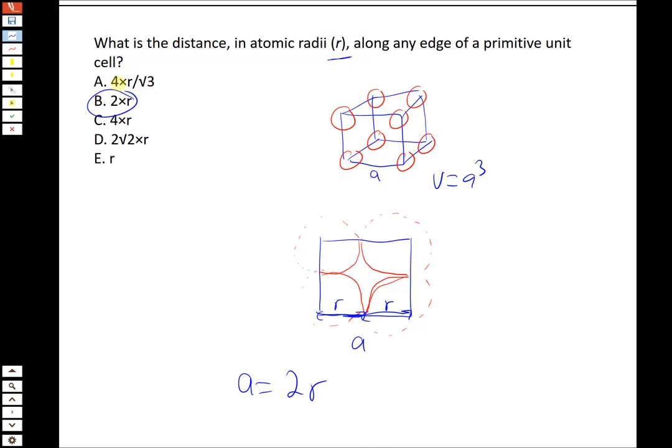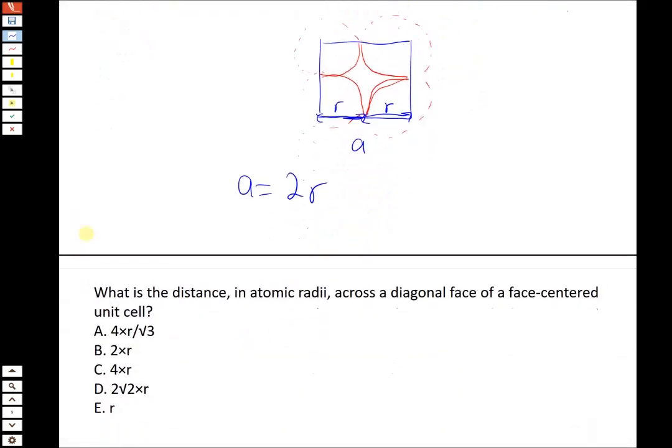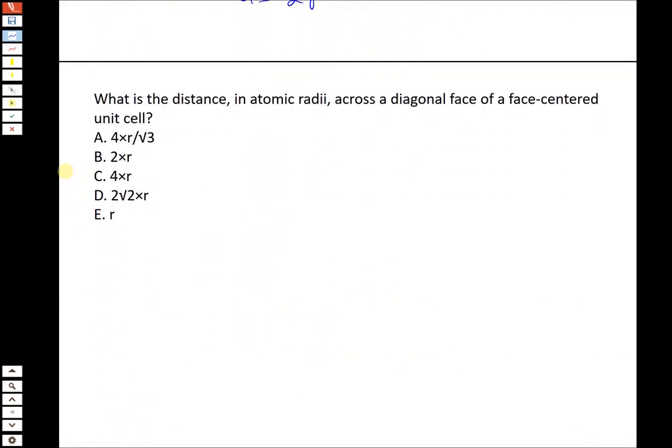We went through this in class, but it is a little bit more advanced. But nonetheless, for a primitive cubic cell, that relationship is very simple. And the next one is similar here, and it wants to know the distance across a diagonal face of a face-centered cubic unit cell. So face-centered cubic unit cell, we kind of referred to it earlier. It's the one that involves ABCA packing of those close packed layers. But what it looks like in terms of a single unit cell, which is what we're more interested in,